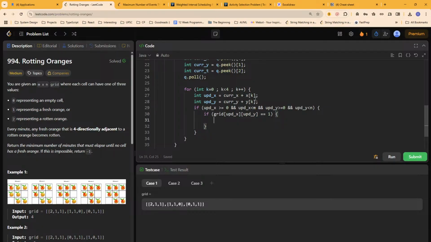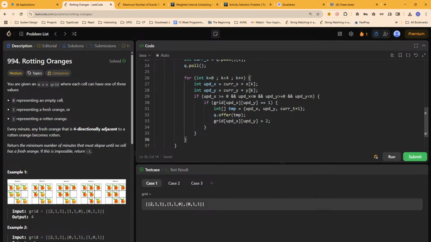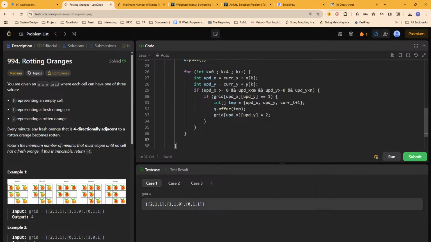Basically, q dot offer, wait one second, int temp is updated x, updated y, and time will increase by 1. q dot offer temp. Also, we'll mark this as rotten now so that we do not calculate it again. Rotten means 2. And after all of this, after our loop runs,